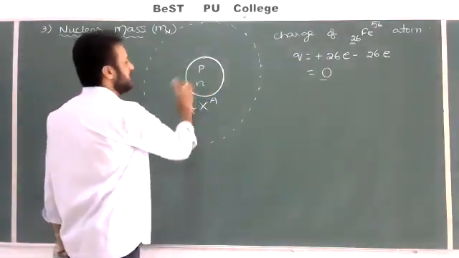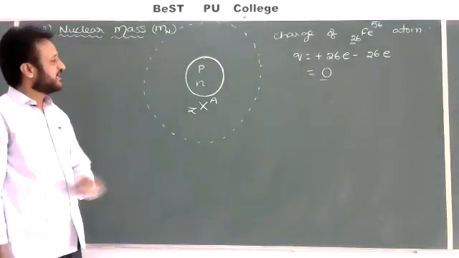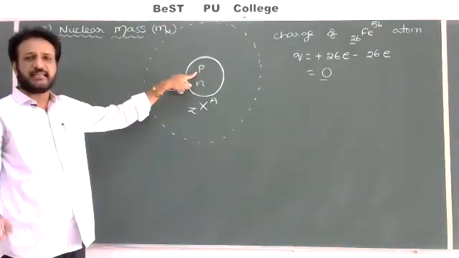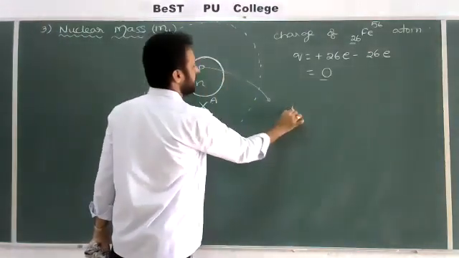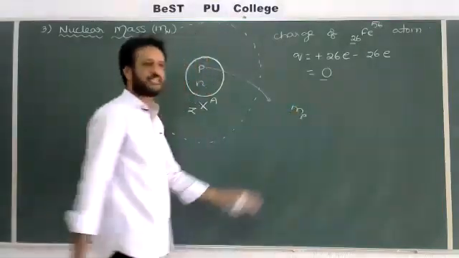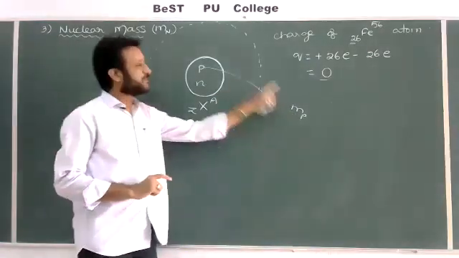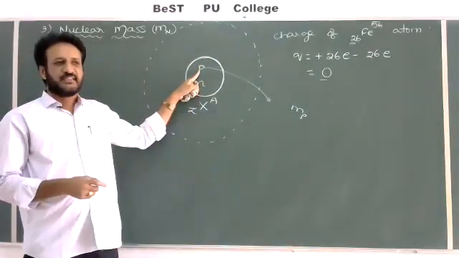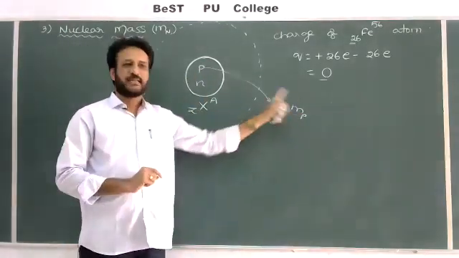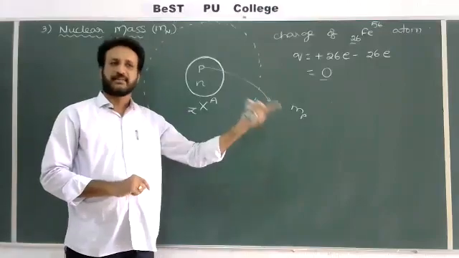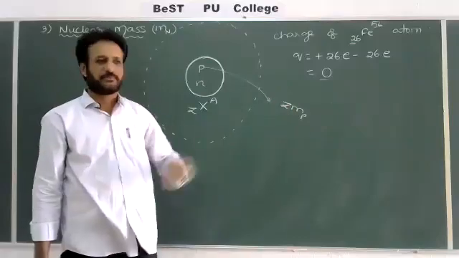Generally, in a nucleus, how many protons are there? Total Z protons. And one proton has mass, for example, mp. I am taking the mass of one proton as m suffix p, only p to understand proton, mass of the proton. One proton mass is equal to mp. What is the mass of Z protons? Z into mp. One proton is equal to mass m, two protons 2m, three protons 3m, 10 protons 10m. Then Z protons is equal to Z into m, or Zmp. It is the total mass of protons.